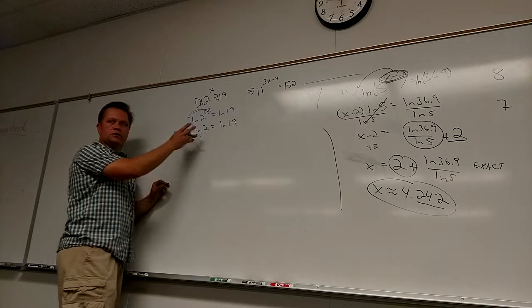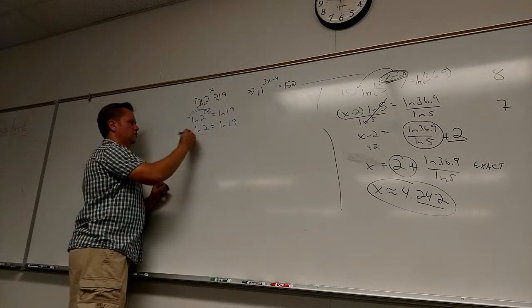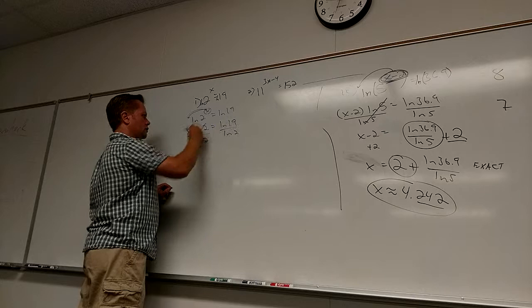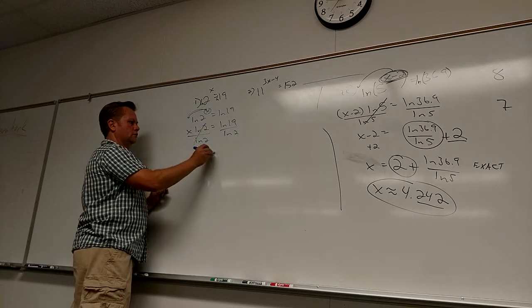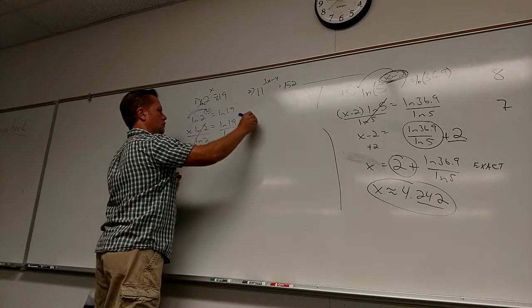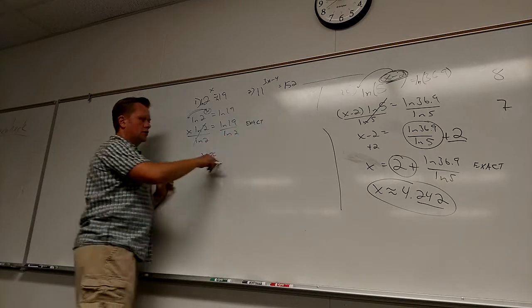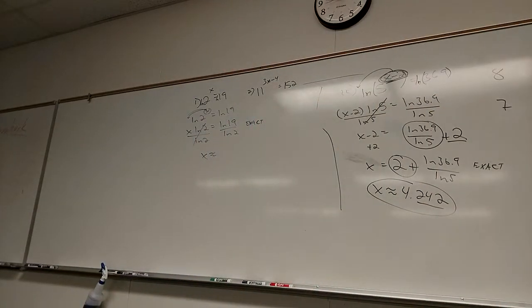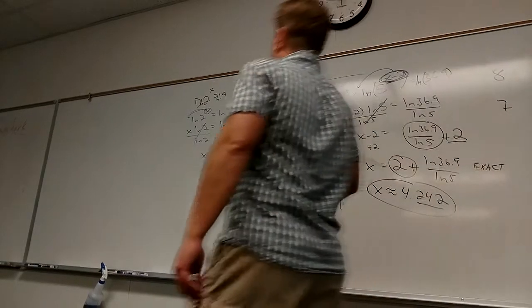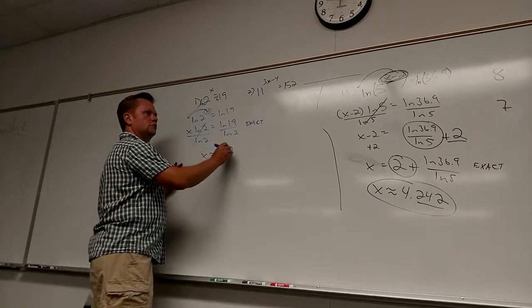So you get the exact answer, I just divide. Beautiful. So there's the exact answer. And then you get the approximate answer. Just to show you this, natural log 19, close that parenthesis we didn't need in the first place, divided by natural log of 2. That one doesn't matter, but you can close it if you want to. So you get